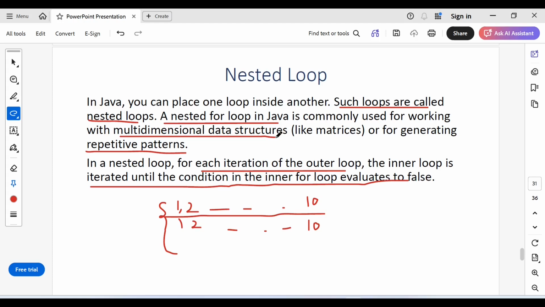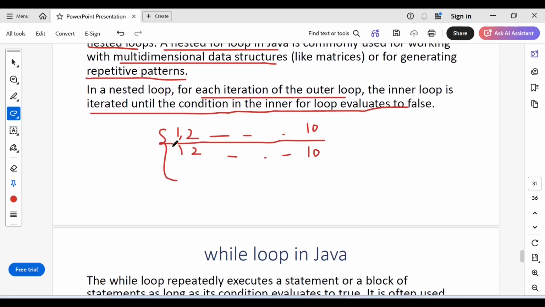It is also used with multi-dimensional data structures. So let's try to do something. Here also we'll create a matrix. So there also you have something similar, right? If you have a matrix, you will have 1, 2, 3. You have rows and columns, right? 4, 5, 6, 7, 8, 9. So 3 rows, 3 columns, right? So something similar. I can have an outer loop to manage the row and an inner loop to manage the